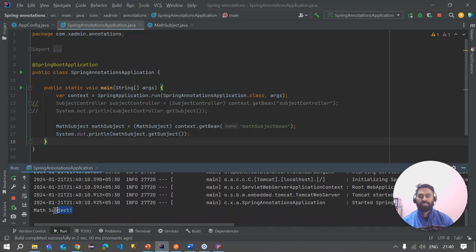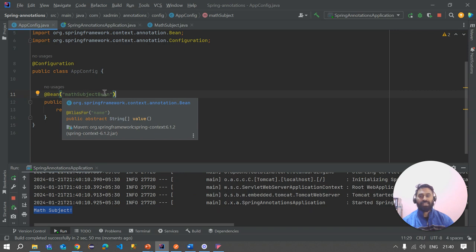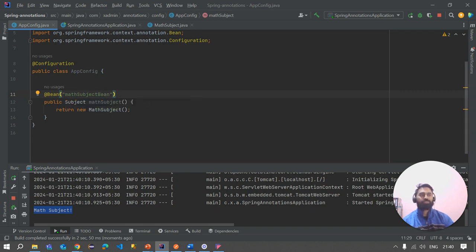So you can see that still I'm getting that custom string math subject. Okay, so by this way we can give a customized name to a bean, right? So in this we need to pass the customized name as a parameter to the @bean. All right, and also if you want to see the default name, so default name will be the bean